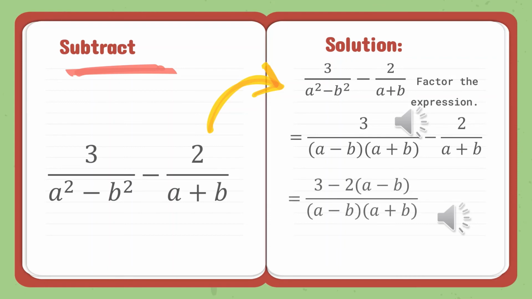Rewriting our expression, after finding the LCD, we have 3 minus 2 times the quantity of a minus b. With our LCD as a minus b, a plus b. And then simplifying it, we have 3 minus 2a plus 2b over